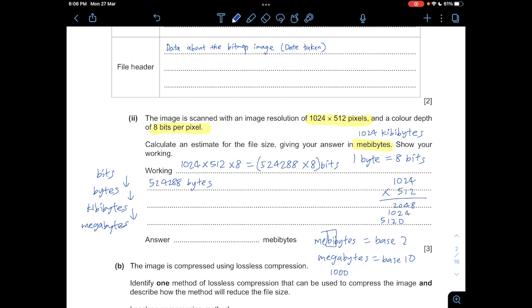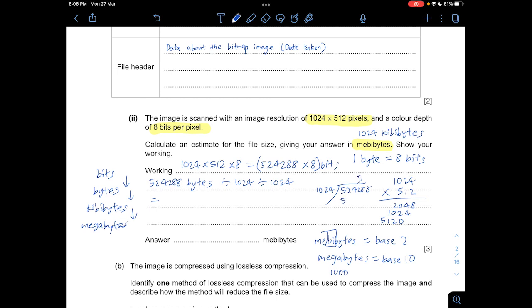So all you need to do is to divide it by 1024, and then by another 1024. So here, when you divide, that would be, because you're not allowed to bring a calculator into the exam hall for computer science A levels, so we need to do it manually. Okay, so here,